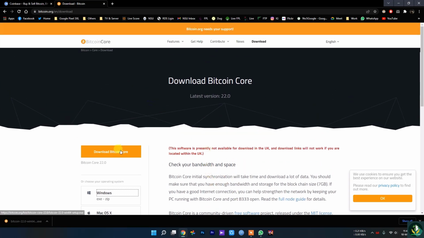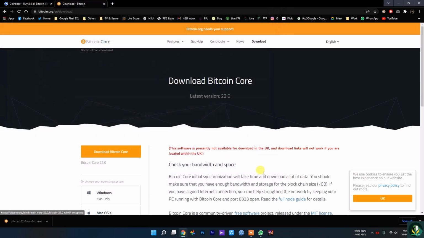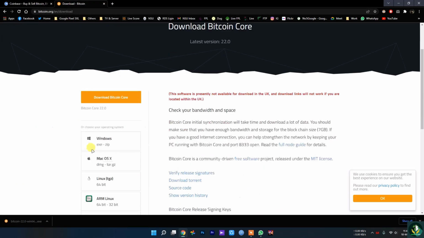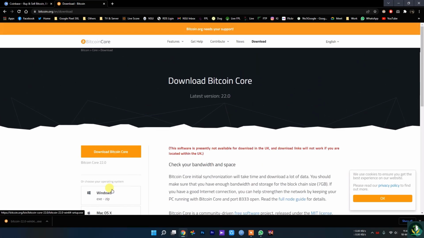Just click download Bitcoin Core, and it will instantly download. You don't need to do anything. As you can see, I already downloaded this, so I am not going to download it again. You can also download this for Mac, Linux, ARM Linux, any of that if you want.